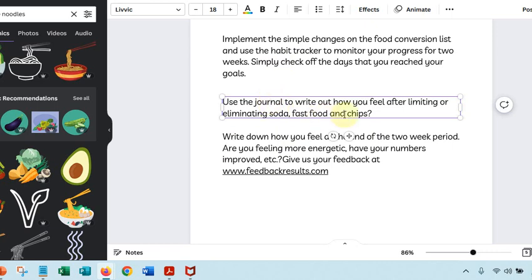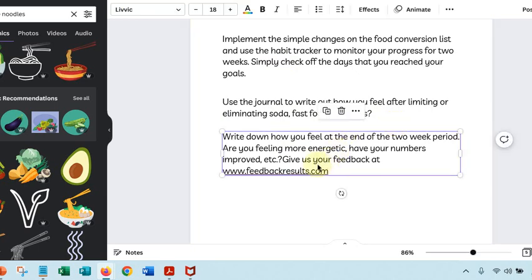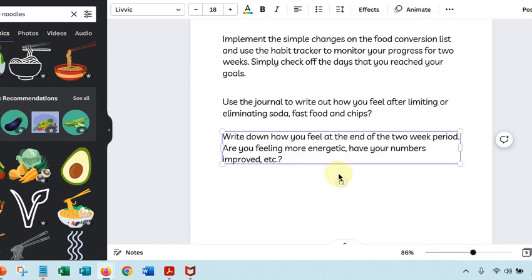So I could say something like, let's see. So give us your feedback. I could also say, instead of saying give us your feedback, I could say, for more information on healthy eating